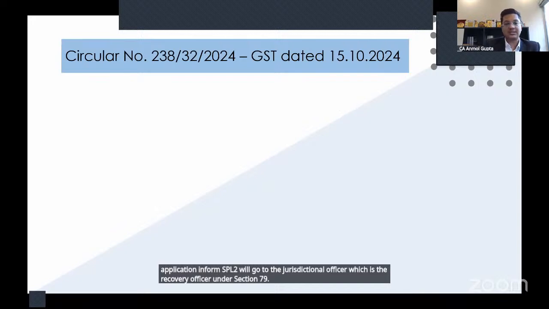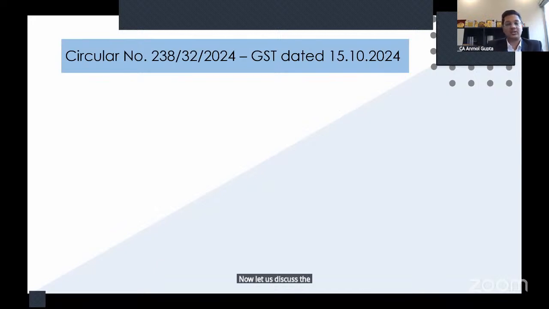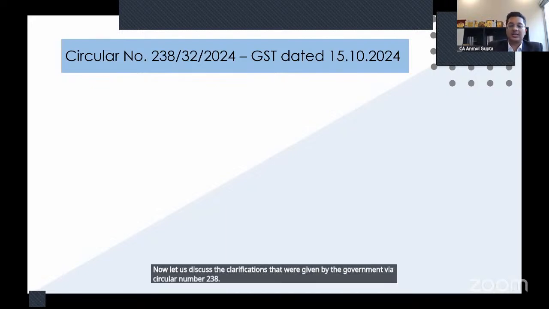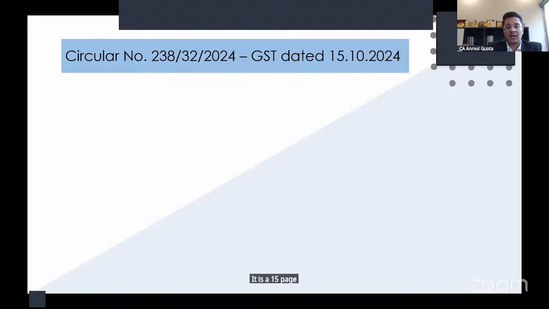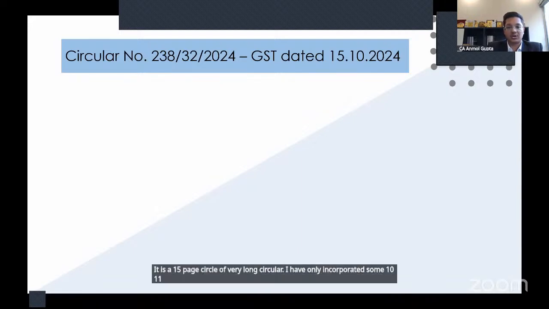Now let us discuss the clarifications that were given by the government via circular number 238. It is a 15-page circular, very long circular. I have only incorporated some 10, 11 clarifications which I feel are not repeated, because they have clarified certain positions which are already there in section 128A read with rule 164. So I have incorporated certain clarifications which I feel were not there in the law and have been clarified